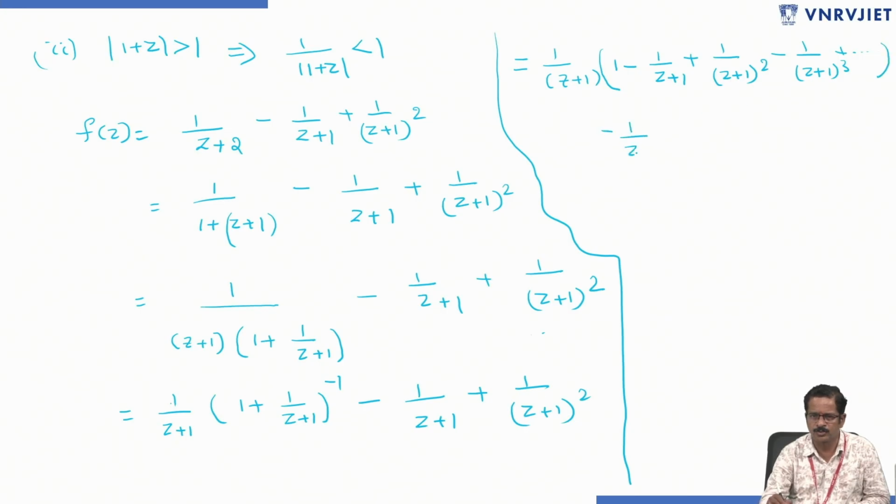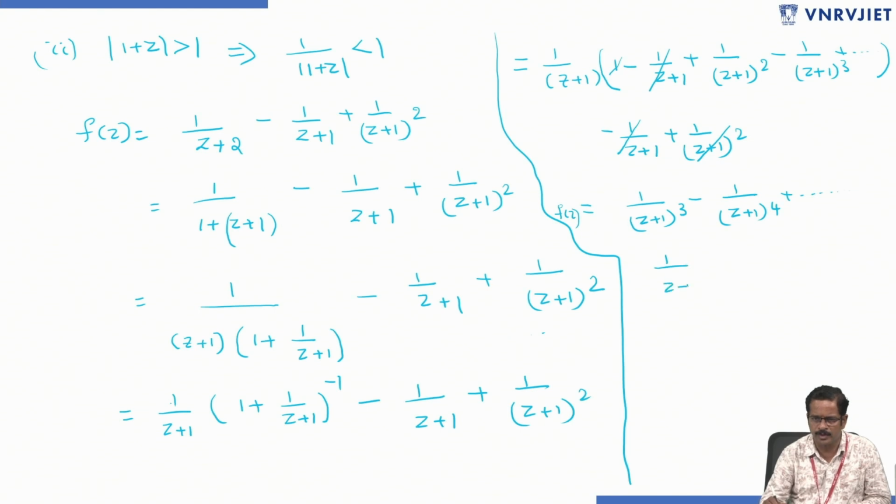minus 1 by z plus 1, plus 1 by z plus 1 whole square. On multiplication and simplification, this minus 1 by z plus 1 and plus 1 by z plus 1 whole square will get cancelled. So it gives us 1 by z plus 1 whole cube minus 1 by z plus 1 whole power 4 plus and so on. This is the Laurent series expansion of f of z where